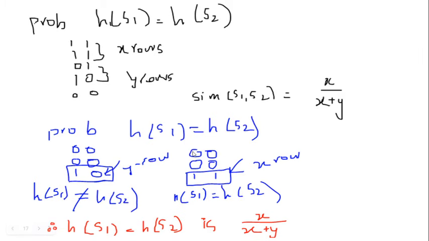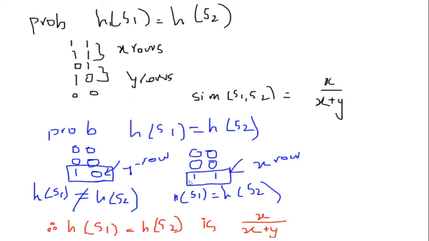The same concept is going to be mapped with the min hash. So hash of S1 equals hash of S2. What's the probability of that? We're obviously going to ignore the 0 0 rows. But the idea is that if we ignore the zeros, either a Y row or an X row could come. If it's a Y row, it will mean that hash of S1 is not equal to hash of S2, because the hash of S2 will be assigned a value that could be anywhere, because a 1 could come anywhere next.